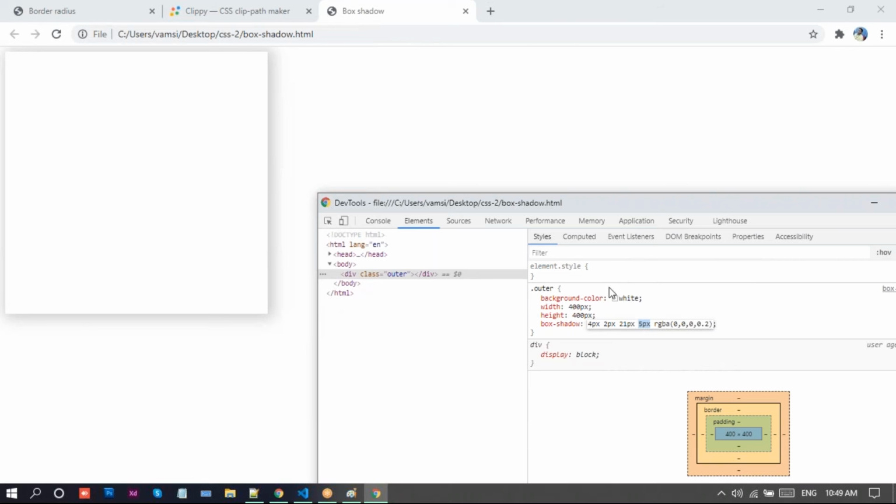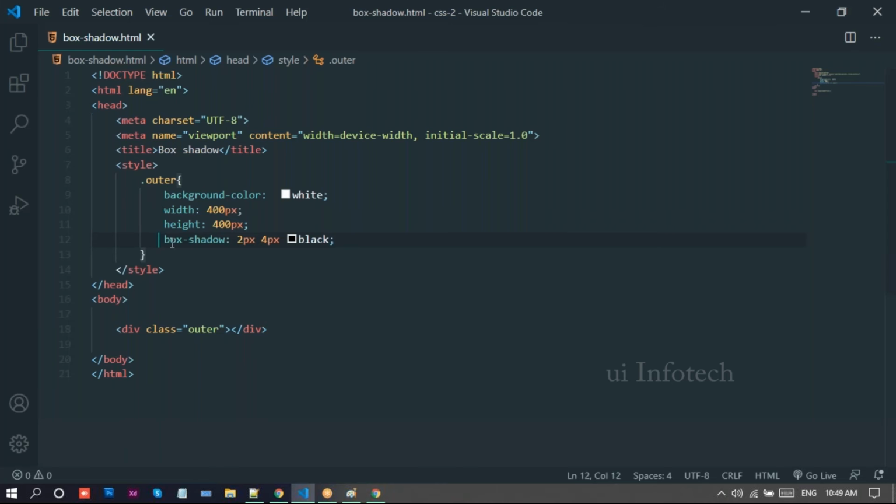Now look at the shadow we can give in here. I just copy this one, and you can paste it inside of your program. So we can paste it there. See, like this, we can create this box shadow. We just created this box shadow, and if you want, you can create this one also. We just remove this one here.